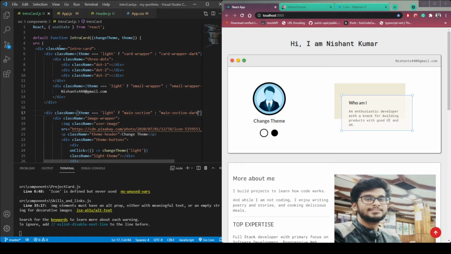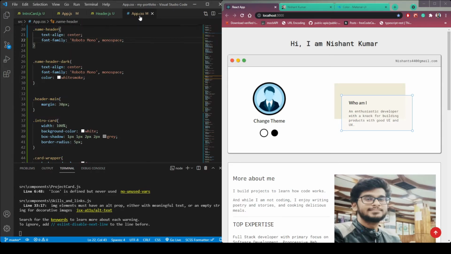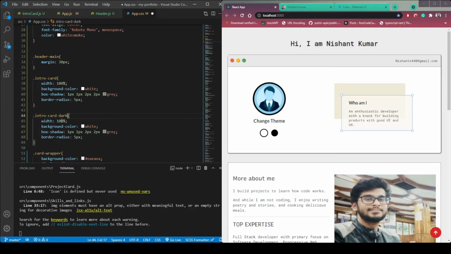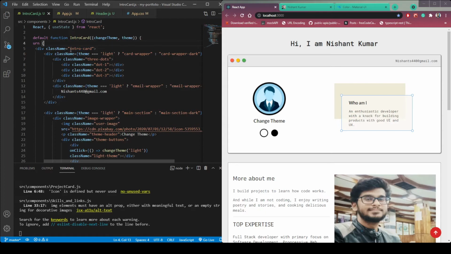Now in this intro card class name, copy this and find it here. Okay, intro card is here. Copy it for the darker theme and paste it. Then make it dark. Let's check it. So if theme is light, we will show lighter, and then if it's not light, we will show dark theme.